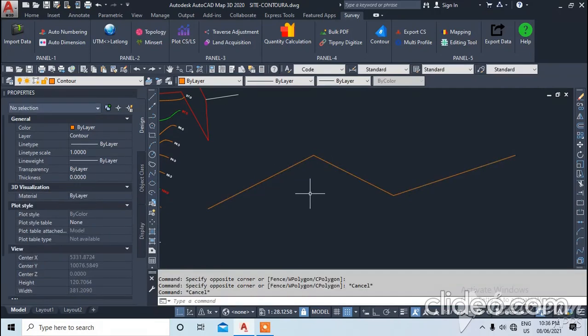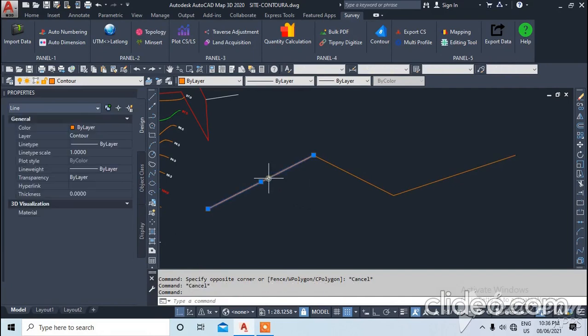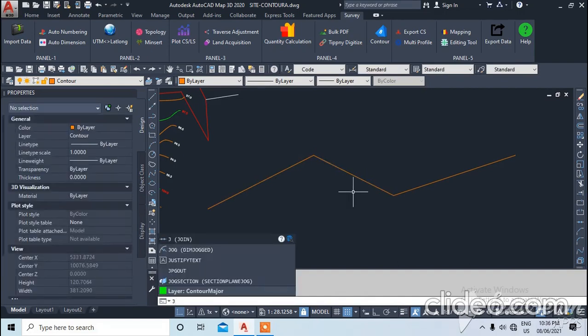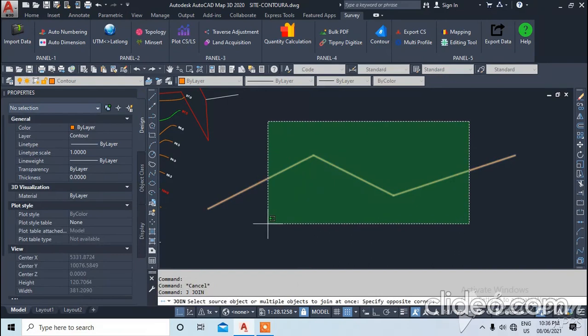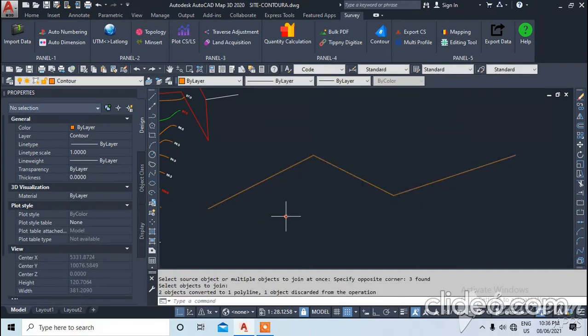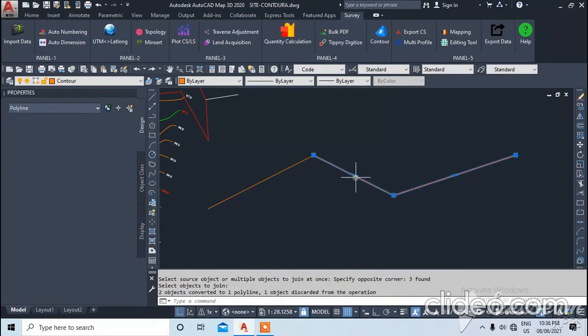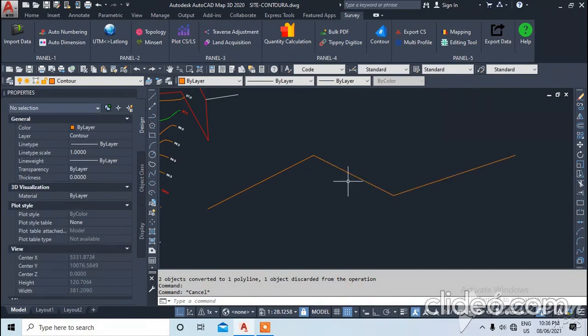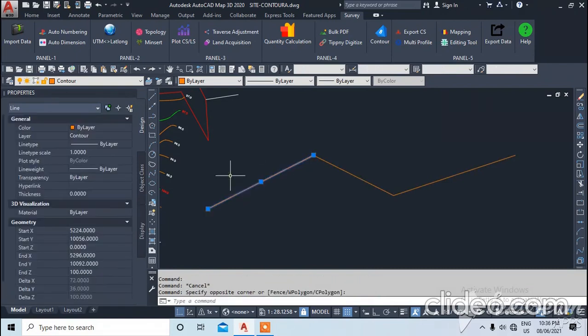Let us see the command E0 again. For example, I want to join these three lines. For that I type the command J and then press enter. I will select these three lines. See, now I will check it. See, only these two lines are joined properly. This one is not joined.